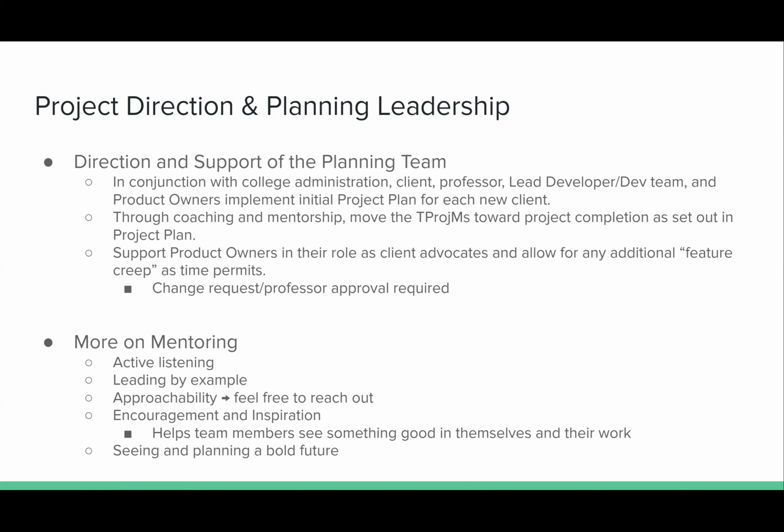And just the last thing that I'll say on mentoring is, in a leadership role, and when you have a mentorship responsibility, a really great thing is being able to step back and see and plan for a bold future for your team.